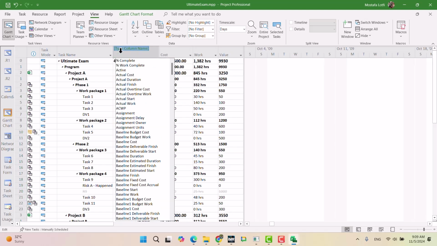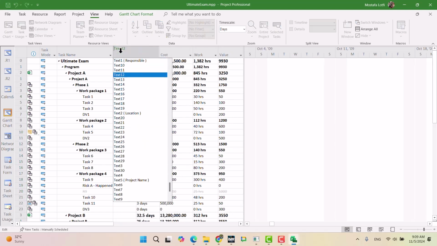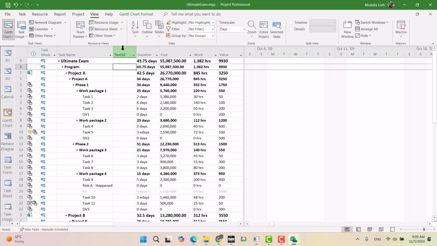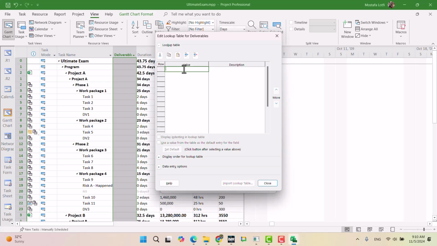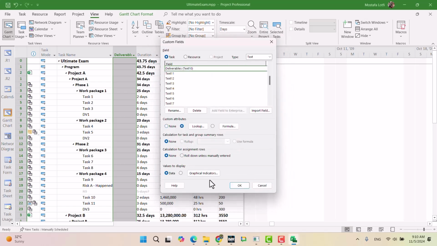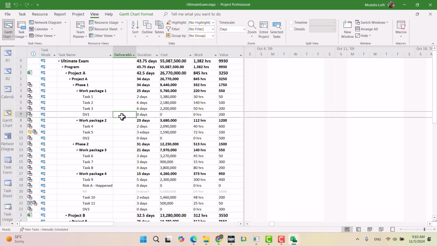So better to include another task field, maybe text 10, custom field text 10, deliverables, then maybe using lookup, why not? Yes, no, this is DV, this is not DV, description. And now